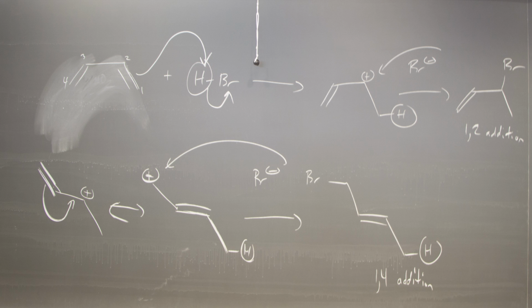Here, on the other hand, not so easy. Oh, goody. Why? What's going to get messy here? We have the same first step. One of those pi bonds has to give it up, go after the hydrogen, kick out the bromine. But now we have a question. What is the intermediate? It's still a cation,